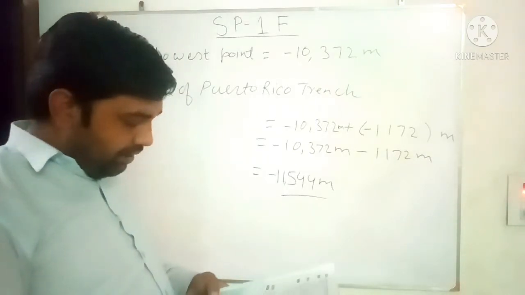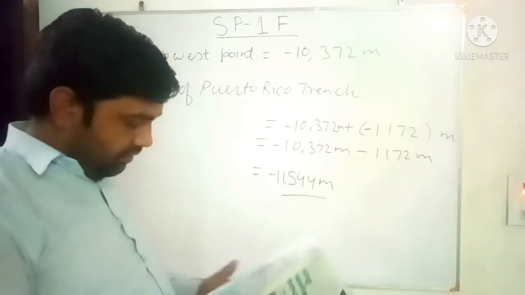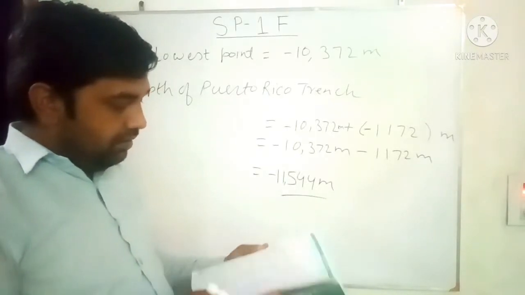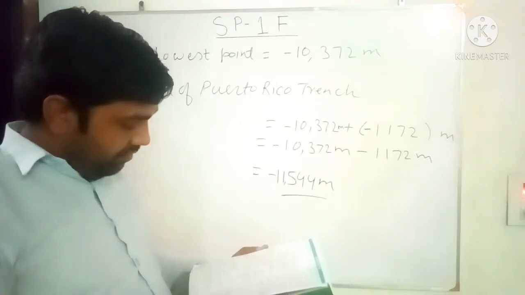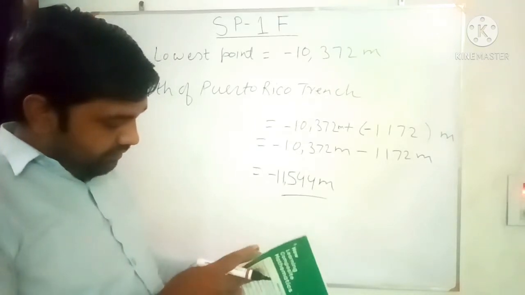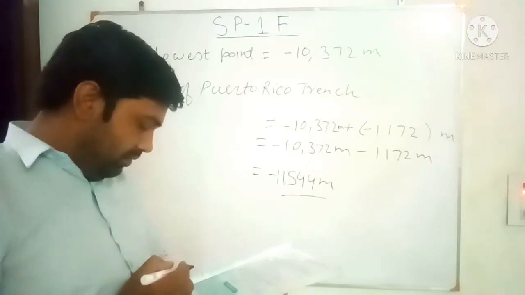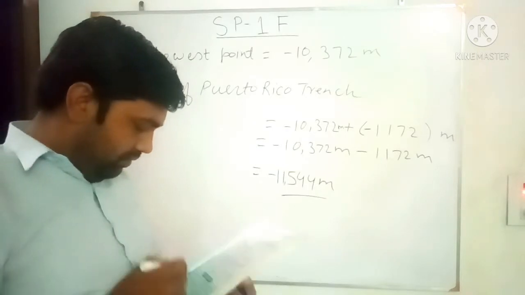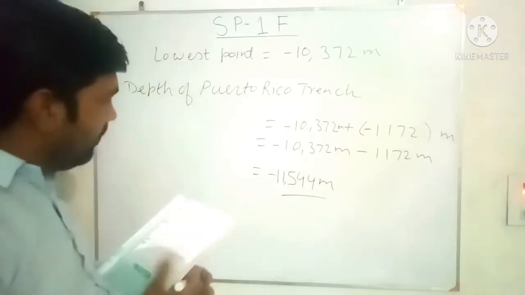So the lowest point of the Puerto Rico Trench is, just a minute, let me check. That is the 1F, no? 1F, fourth A. Okay. So here